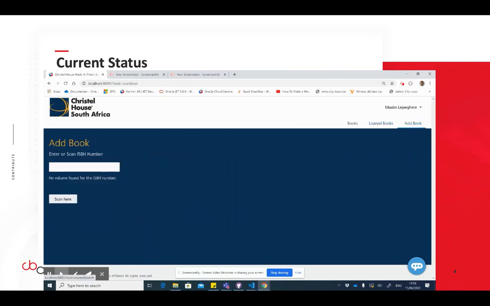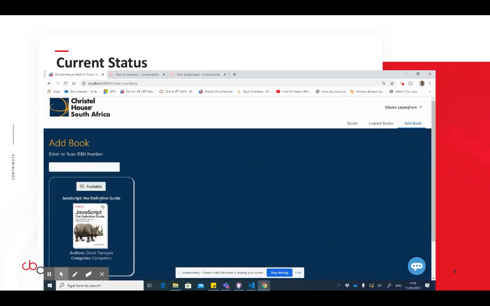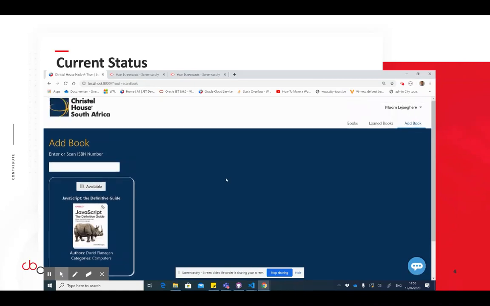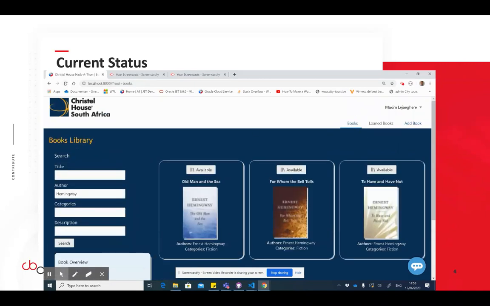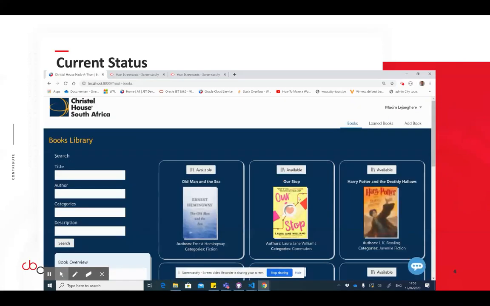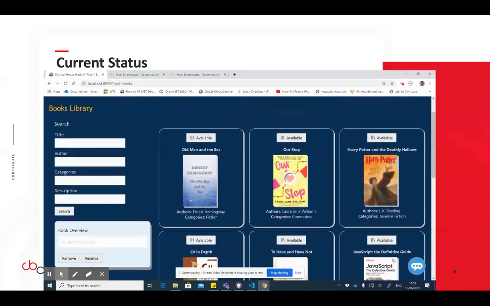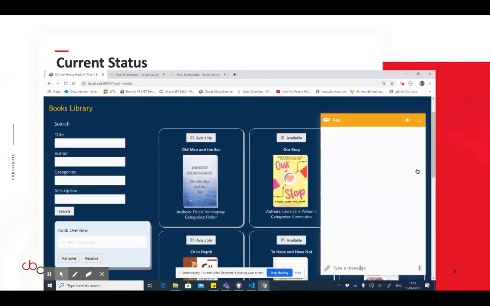So the idea would also be to be able to send the book back. And with the add book functionality, you just give in the ISBN number and add a new book to the library. Use the same capability for mobile devices to scan books and allow the books to come into the library over again. So here we just show that a new book has been added to the list that you can search on. Also the chatbot, like you see here, is exactly the same chatbot, but now incorporated into the application itself.